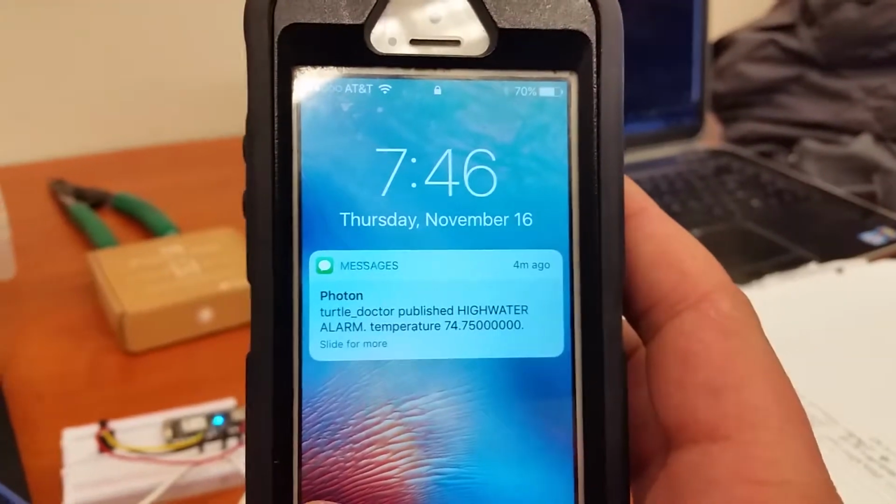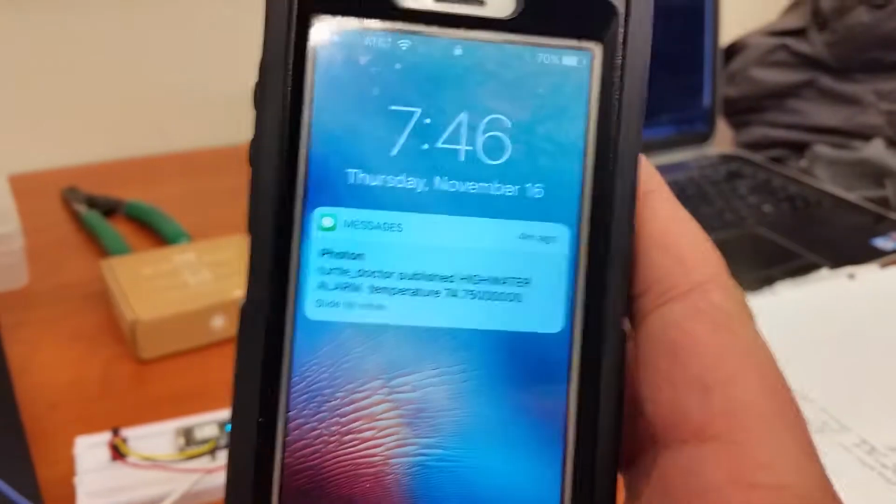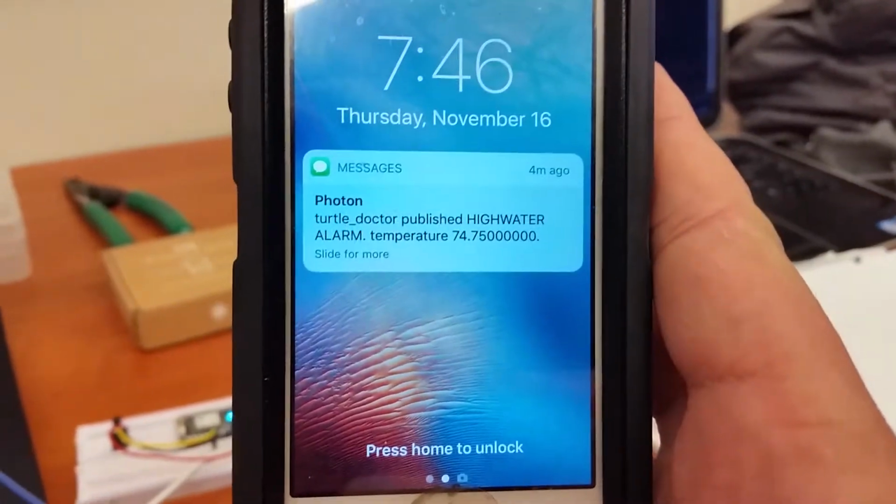It will read out the high water alarm and temperature, so it's going to publish both of those. So the 2 Photons are going to talk to one another, and then publish that data via text to the